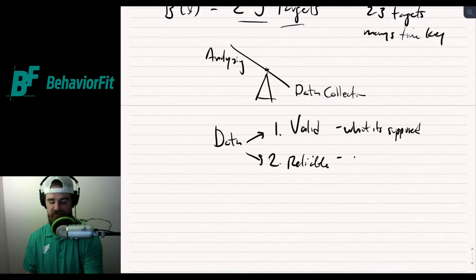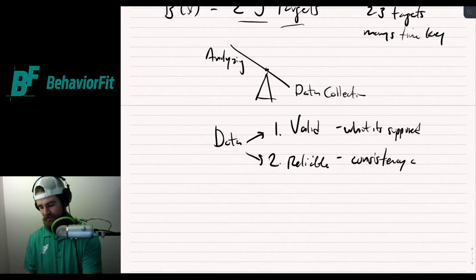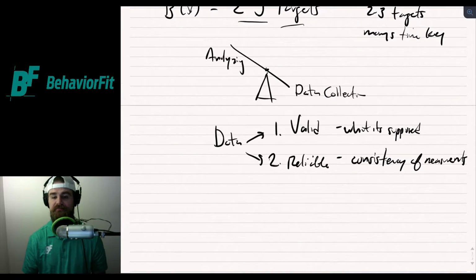Reliability, again, is the extent to which that measurement is the same and consistent. So the consistency of measurement. And this is easy to think about. I'm just writing here: the consistency of the measurement. So step on the scale, you weigh 180 pounds, and then you step on it again, it's 185 pounds. You step on it again, it's 181 pounds. Not very reliable. So you might need to look at what's happening. There's a piece of cardboard or something underneath it, or your scale's on a hill or something, and you're just not standing on it the same way every time. So you want to make everything reliable.